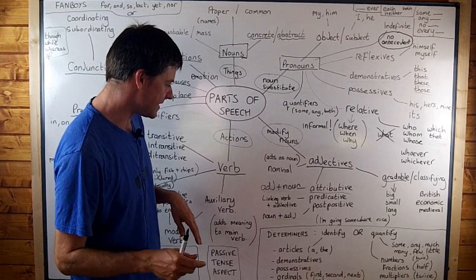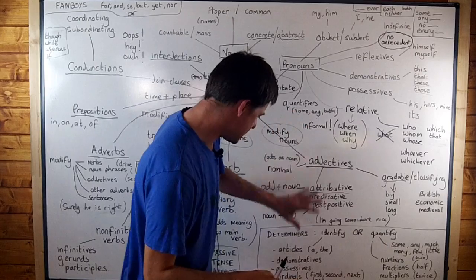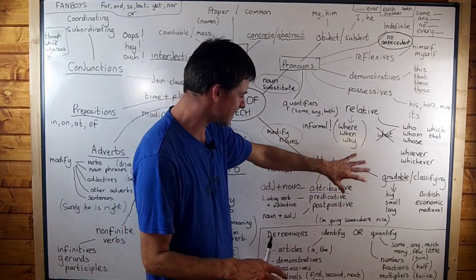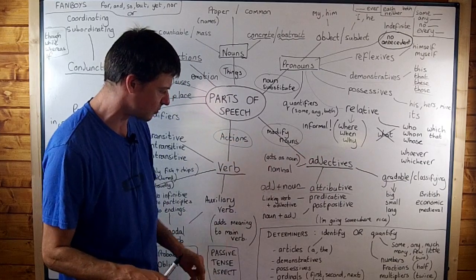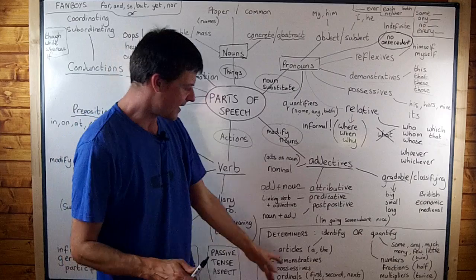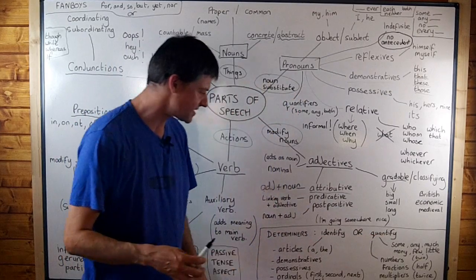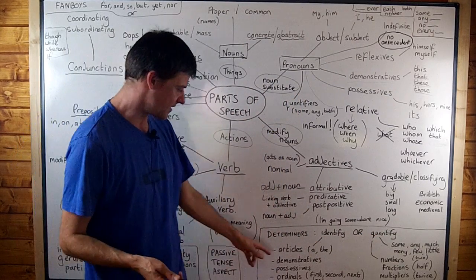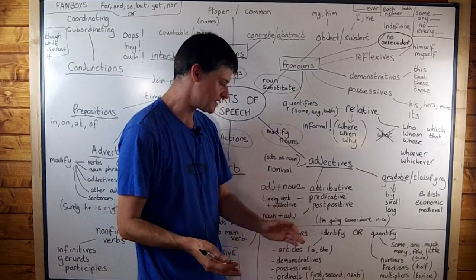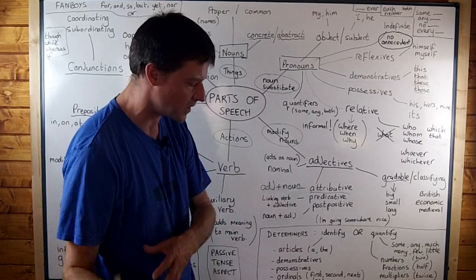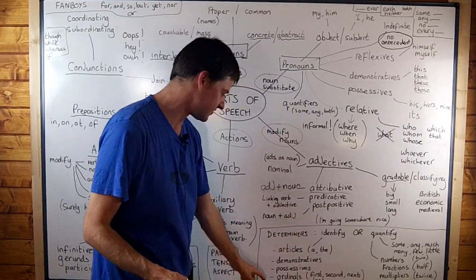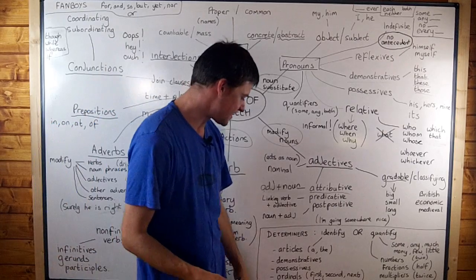Anyway, let's keep going on to determiners now. Determiners are sometimes pronouns. They used to be thought of as adjectives as well, so it's not exactly clear what they are, a bit of both really. And determiners identify or quantify a noun. So the articles a and the are determiners in English. They tell us whether something is definite or indefinite. Demonstratives, that, this, these, those, are also determiners. Possessives,